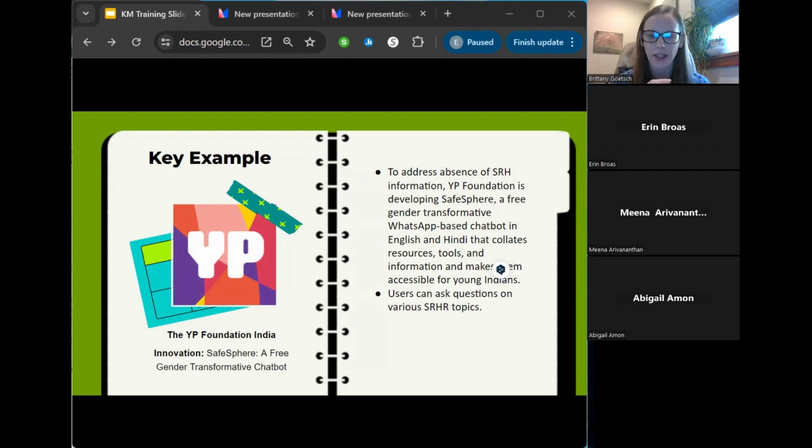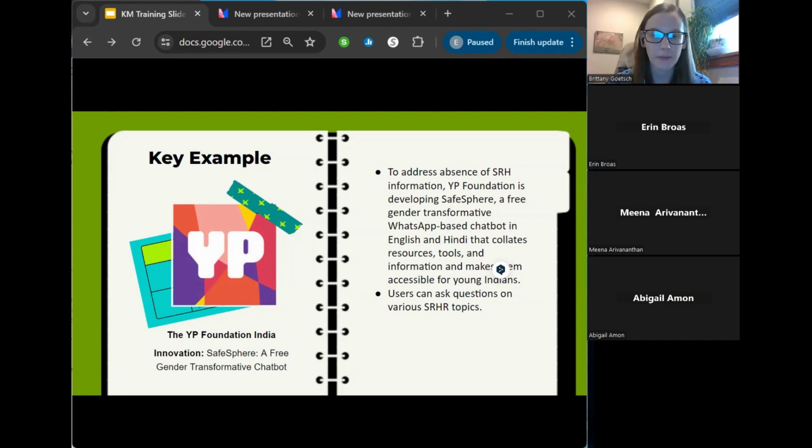It's very focused on heteronormative relationships. It's very exclusionary of diverse gender identities and sexualities, and it's very prevention-based. And so to address this,